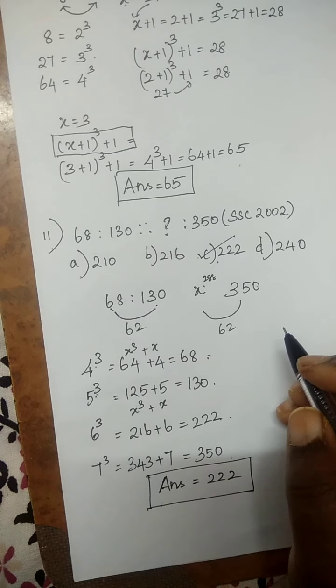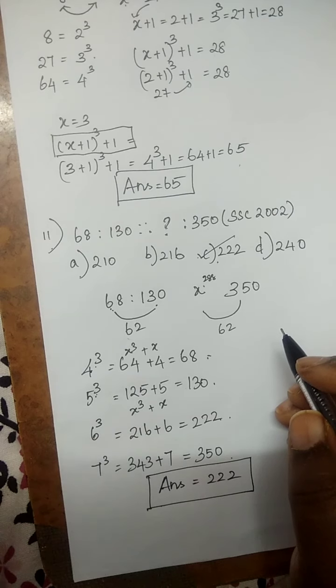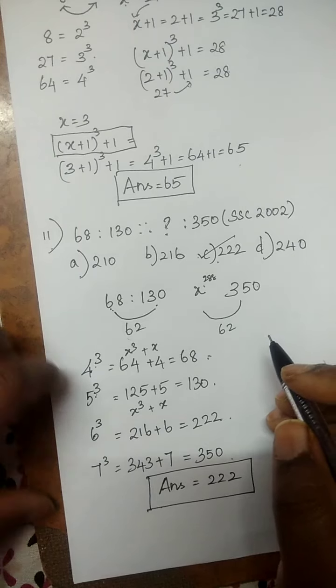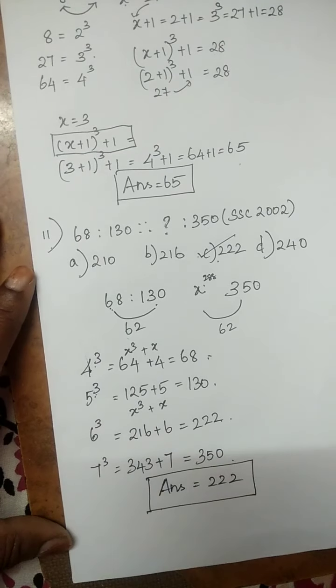Mostly this kind of sums were asked in exams by using the cubes and squares plus adding or subtracting some numbers. Okay, so this is the clue behind this kind of number analogy sums. Now we are moving to the 12th sum. The 12th sum question is